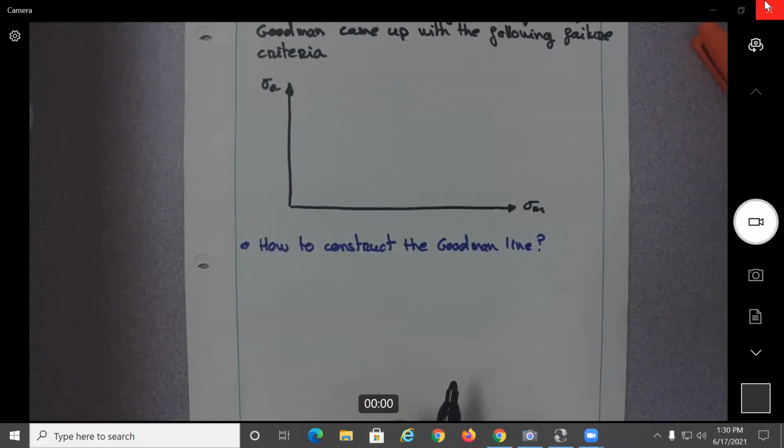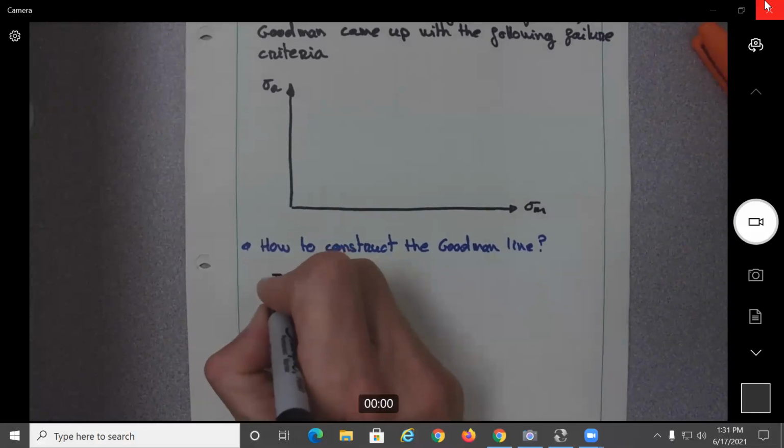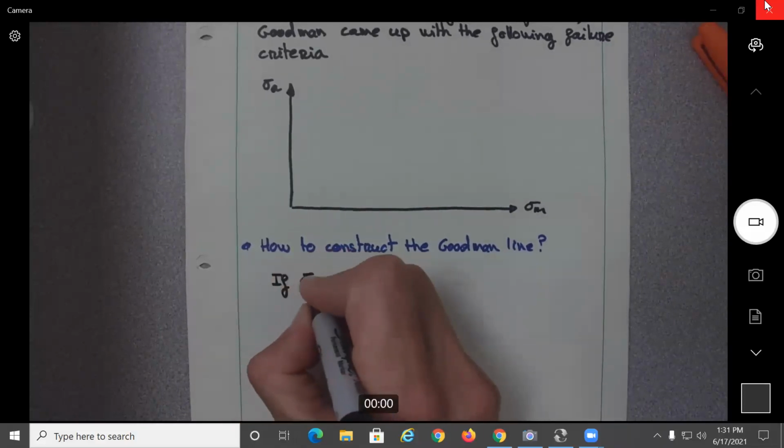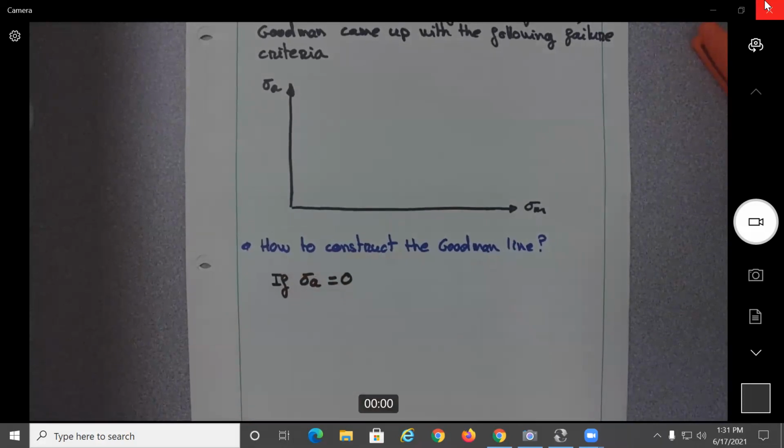Okay. All right, so the way this is done is as follows. Okay, if the alternate stress is 0,